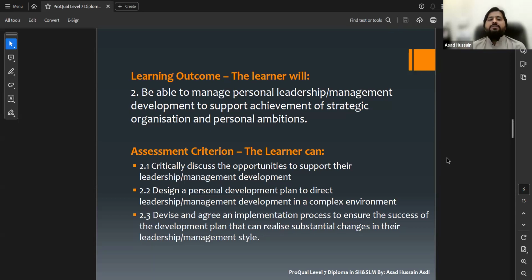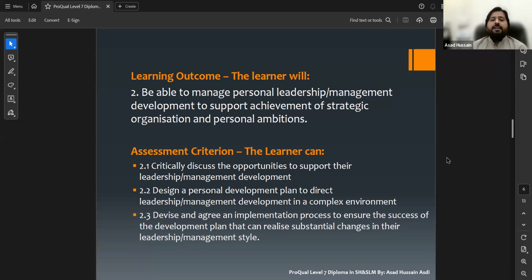And what is the purpose of that development plan? The purpose is to become a strategic manager. So after having a personal development plan, it is the implementation process which can help them to achieve that competence.